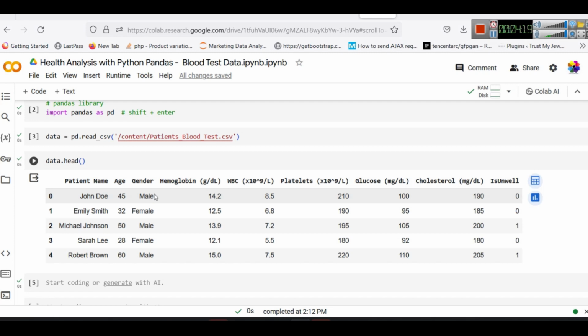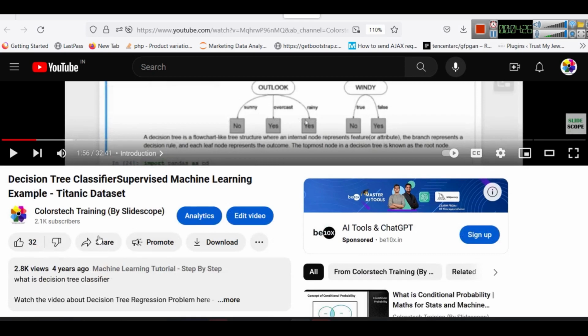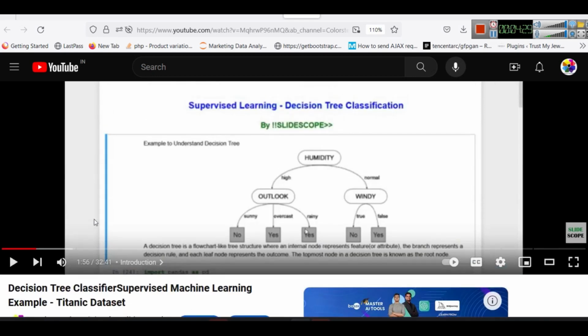Now, if you want to understand what a decision tree is in great detail, on our channel we have a dedicated video where we have explained it, but I will give you a simple summary here. A decision tree basically works on taking decisions, and with every decision there are some outcomes, and on the basis of those outcomes we take another decision, and then there are other outcomes, and then